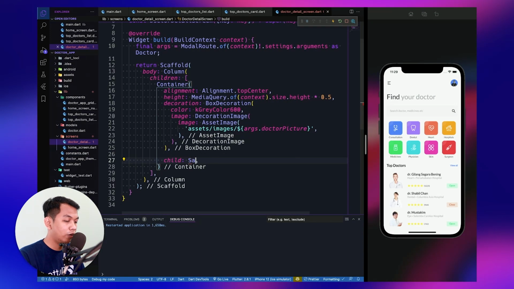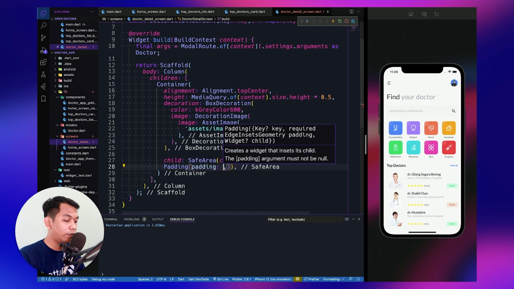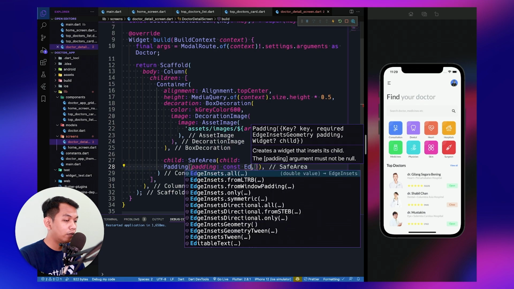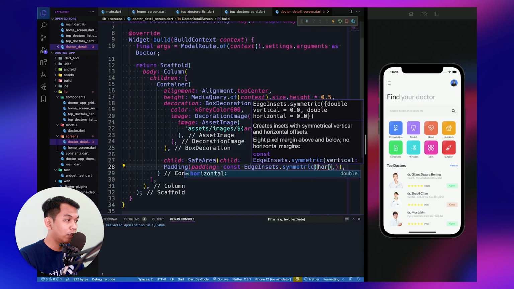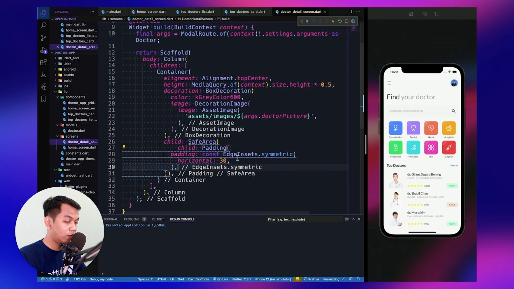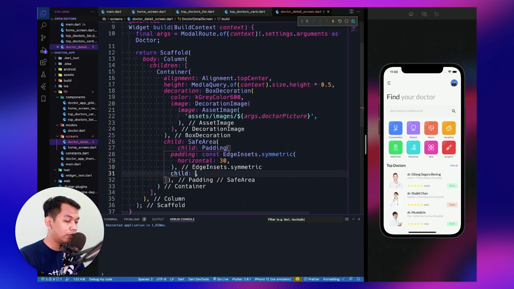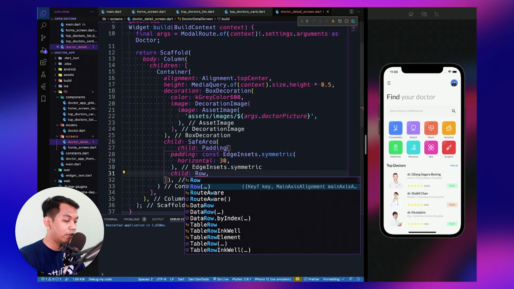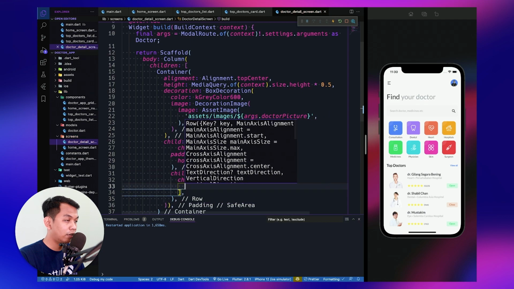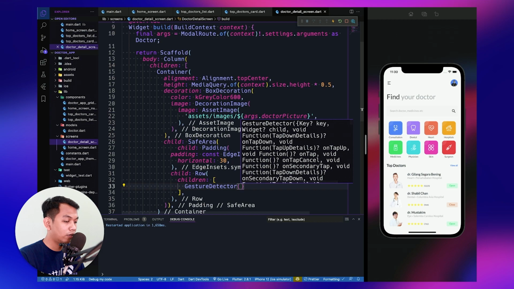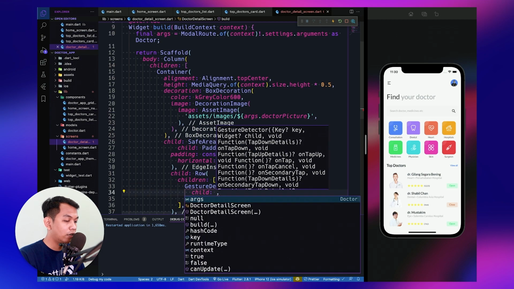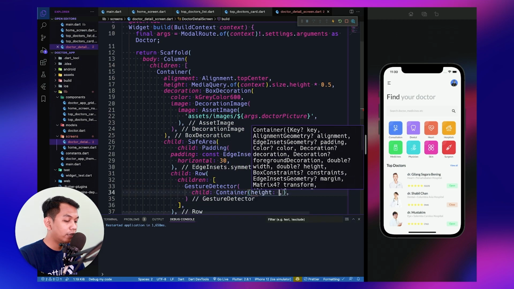So we use SafeArea, and for the child we use Padding. For the padding, we say symmetric horizontal 30, and inside our padding we say the child widget. For the child we say Row, and Row has children, and the first child is a GestureDetector, and for the child we say a Container with the height 24 and the width 24.